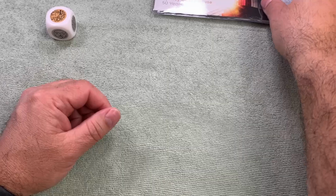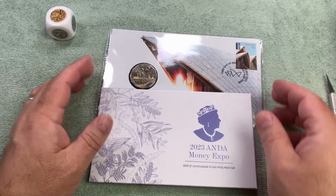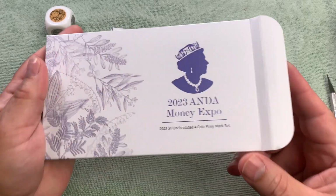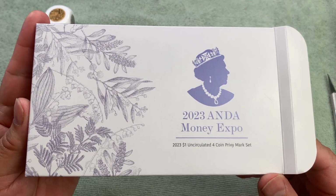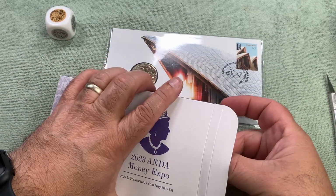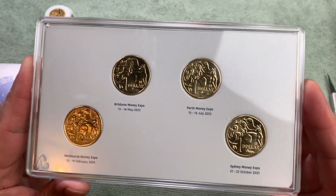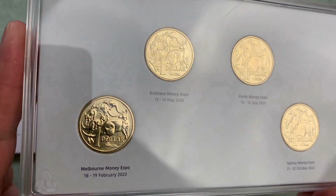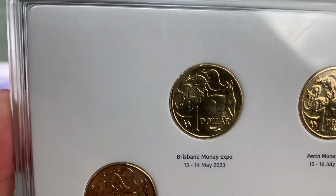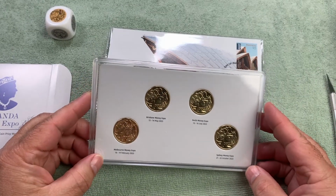So now let's have a look at the mint products that I have picked up. I did give a bit of a short description of these on one of my live streams not that long ago. Here we have the 2023 ANDA Money Expo 4 uncirculated coin preview mark set. Now, if you had seen Thompson Coins video, Matt Thompson from ANDA talked about this at the ANDA show in Sydney. And there we have 4 Mob of Roos, and they're each with the preview mark, the A, the N, the D, and the A, ANDA,